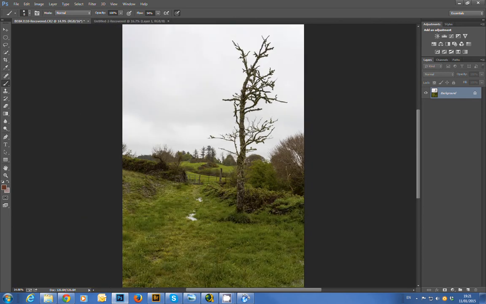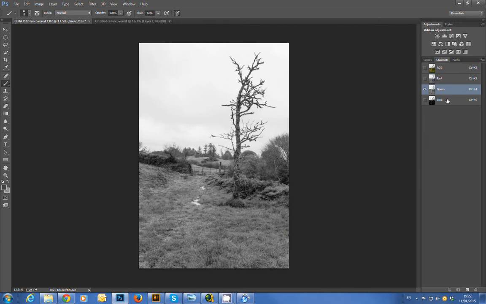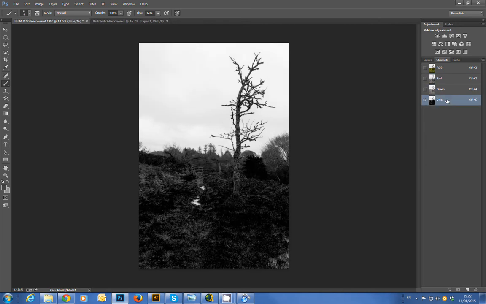So what we want to try and do is make a mask. So we need the sky being replaced. Everything in the sky will have to be a contrast to everything underneath it. So if we look up here in the channels, you've got your red, green and blue and your RGB, which is a mixture of all of them. So we're looking for the one with the highest contrast. If you look at red, green, blue, blue definitely has the highest contrast. So if we take the blue and bring it down here and make a copy of it,